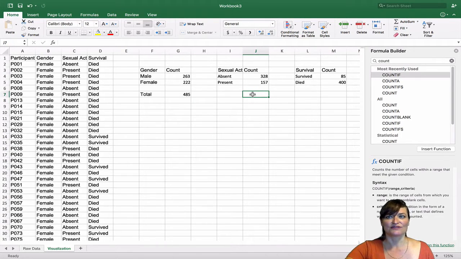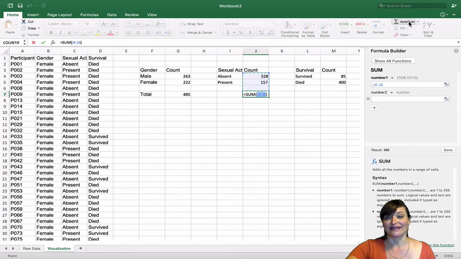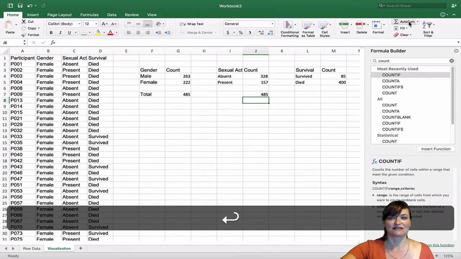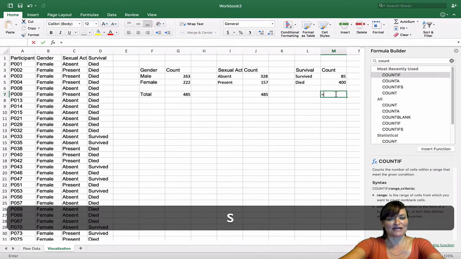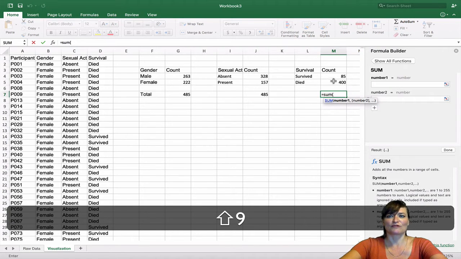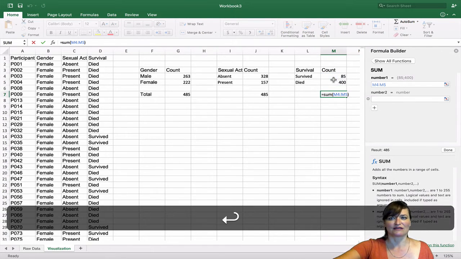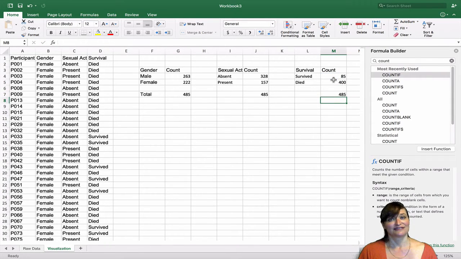I can come to this one, and looking at my ribbon, I see the auto sum capital sigma, and it's making a great assumption. Or I could have typed out equals sum, open paren, click and drag, close paren. The totals are all the same in this case. Don't necessarily take that for granted. You'd always want to calculate all of the totals.